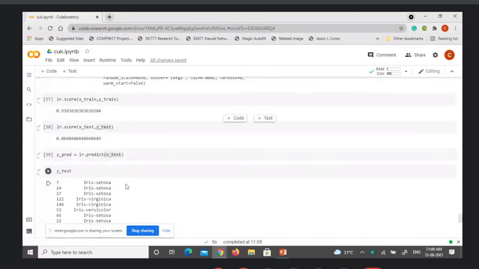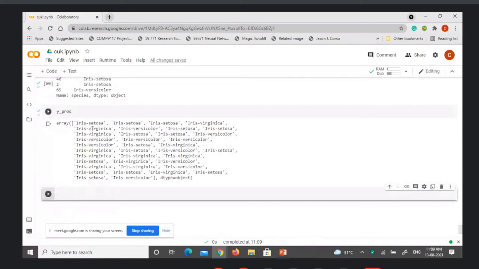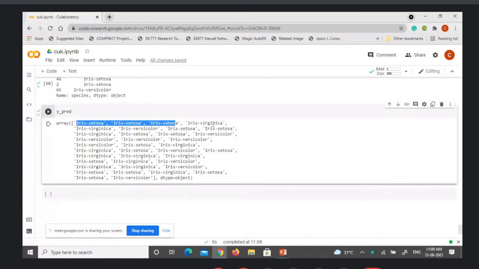You can see Iris Setosa, the first three, so first three Iris Setosa like this. But it is not possible for us to do one-to-one matching. Because this is a small data set, maybe you can do it, but if your data set is very large, say your testing samples is around 1,000 or more, then it is not possible to do that. So we need to go for some metrics.